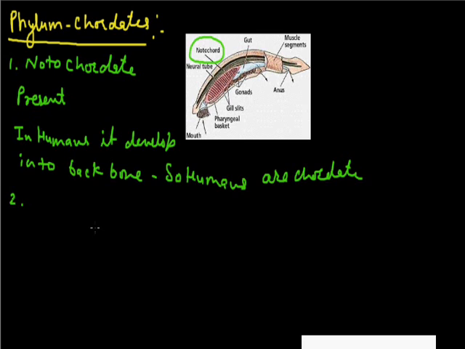Second feature, chordates have pharyngeal gill slits. This is the pharyngeal region. It has gills, so we call them pharyngeal gill slits. If pharyngeal gill slits are present,